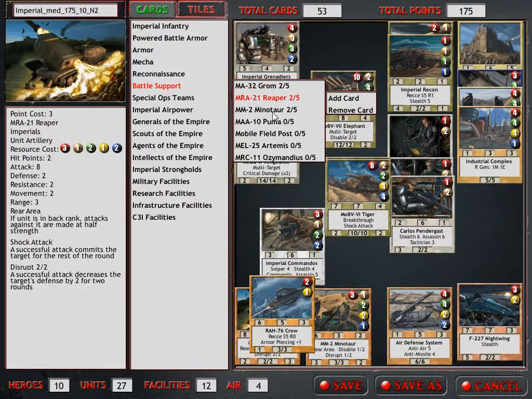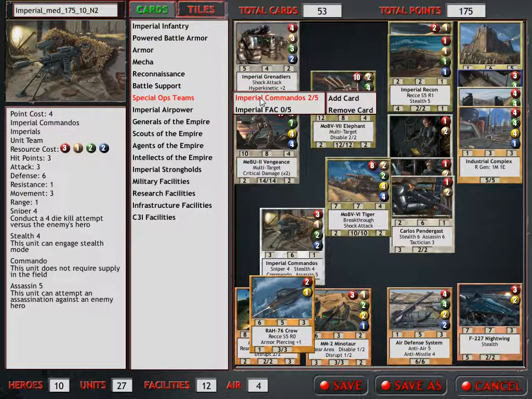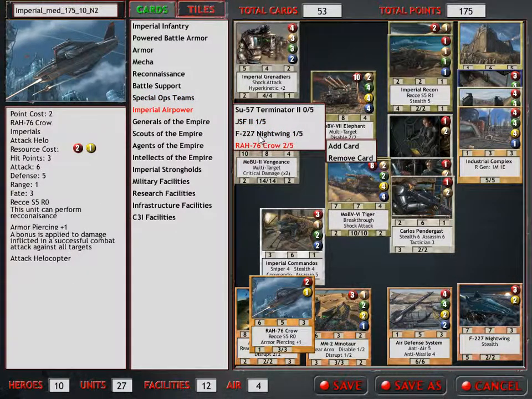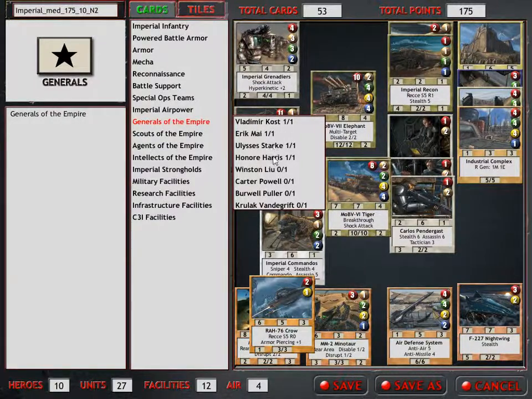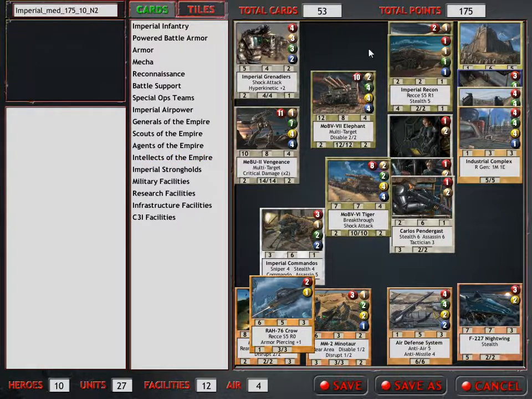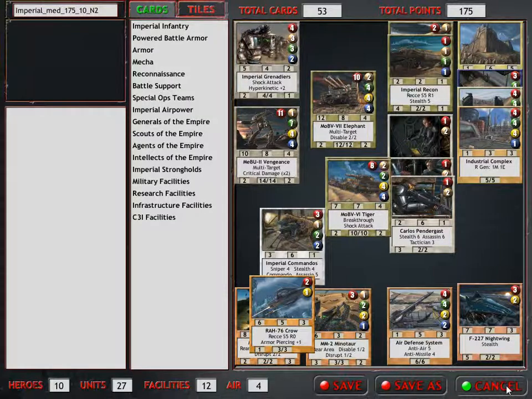Battle support, he's got a bit of all sorts of different AoE battle supports. Not a whole lot of it looks like anti-air in here. Commandos, so that he can try to assassinate heroes and whatnot. Looks like he has got some air power. Not too much, though. A bunch of different types of heroes, as you can see, and so on and so on. Anyway, you could look at any of the computer decks if you really wanted to. We can take a look and see what he took. Looks like he has 2 minefields and a staging area here for this one. Pretty neat, huh? Yep, you can do that with any of the decks here that the computer uses and